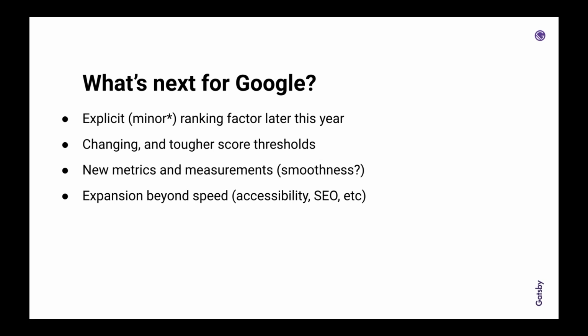When you start digging around in some of the technical documentation, you see the word smoothness come up a lot; there's a Chrome API that's a work in progress at the moment. I think smoothness is a really interesting concept because they want to measure beyond just the initial load. If you've got things like animations and transitions, you need to be maintaining a nice frame rate and making those interactions not janky. So that could well be the next metric.